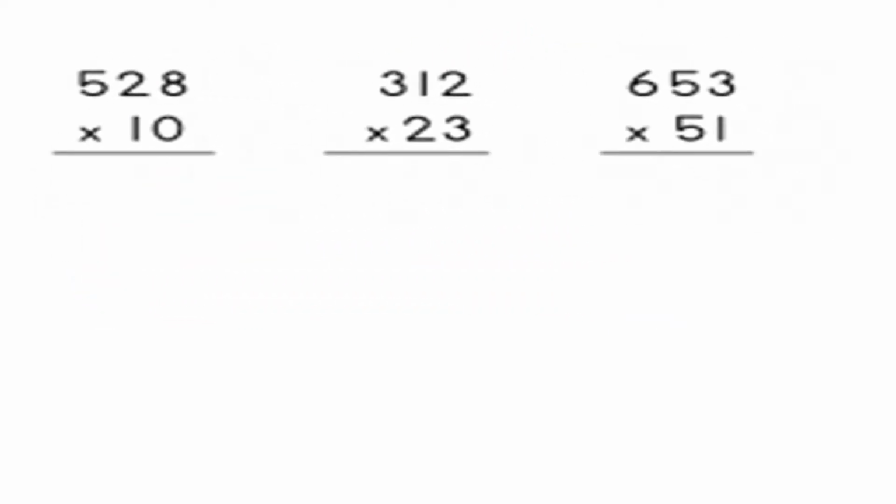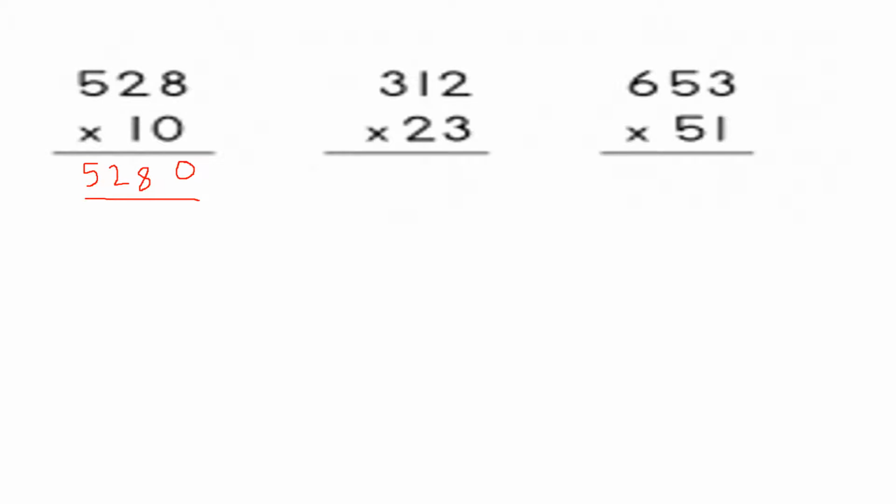Now children, see this question. We are going to multiply a 3-digit number with 2-digit numbers. Same process we have to follow. Only 100 has entered here. Now see, 0 is there. 528 multiplied by 10. So 0 is involved. So what you can do directly, you can write 0 because there is only 10 here. And 528 you multiply with 1. So with 1 you will get the same number. So you can write it directly, 528. And there is 0, so write that. So what is your answer? 5280 without going through the long process.